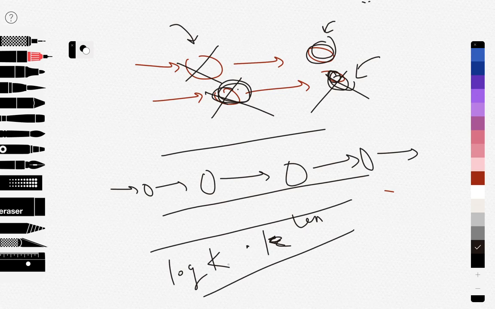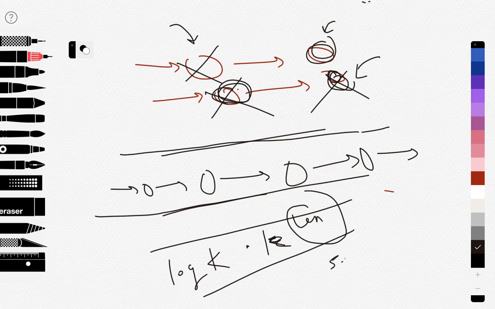Why log k? Why not log length? Because length is for all the values, since we are appending everything to one big list. So we are considering all the elements. The total size of the list is, let's say, length, which is 5e6 in our case. And at a time, the heap consists of only k values. You can see that it consists of values from each and every linked list, but only the current value, and before that value everything has been popped out of the heap.